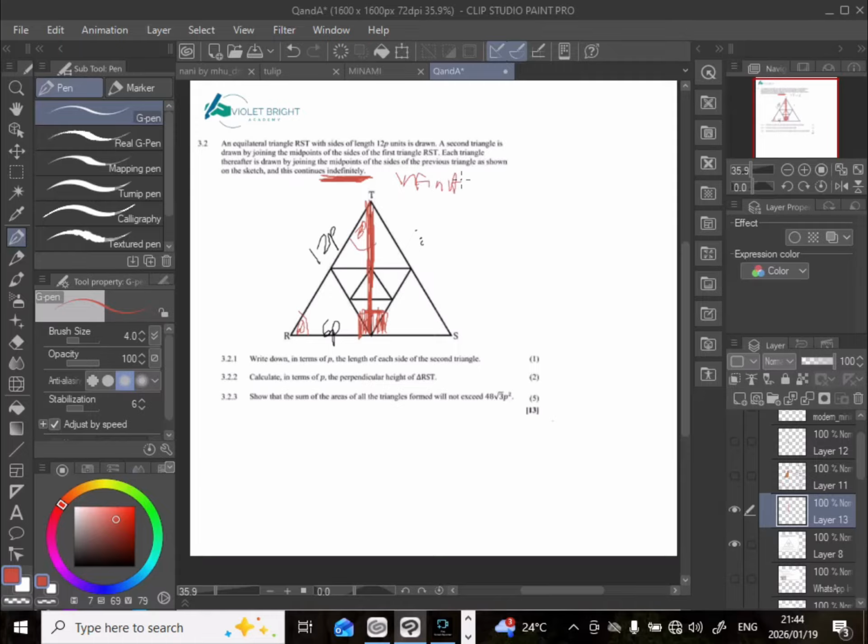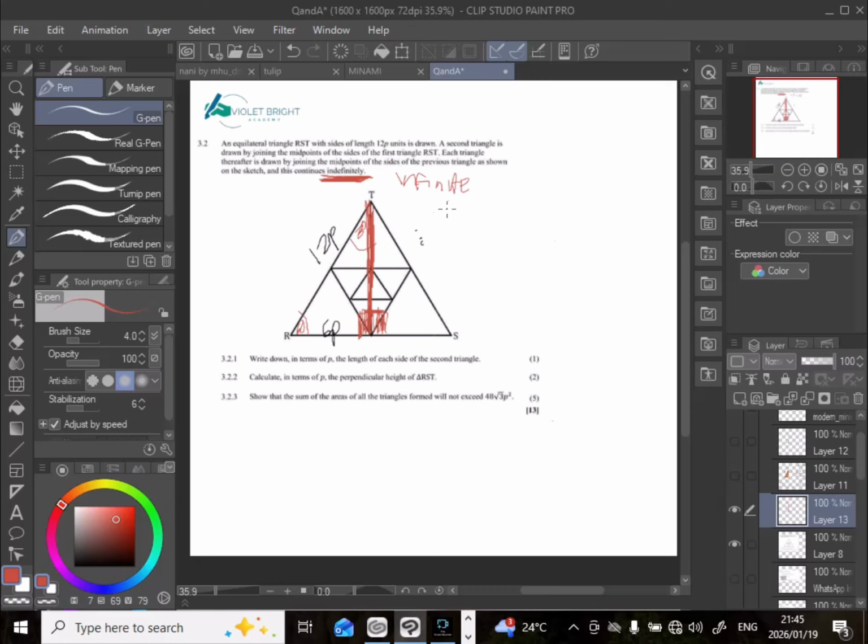So basically we don't know the last term of this particular pattern. We don't know the last term of this pattern because it's a sum of infinite terms. So now they are saying to us that the sum of all areas will not exceed 48 root 3 p squared. So now this basically means that